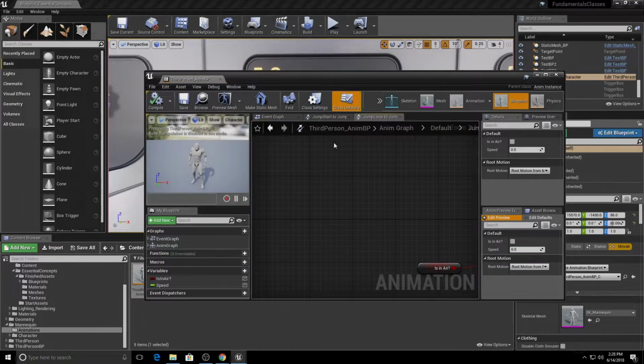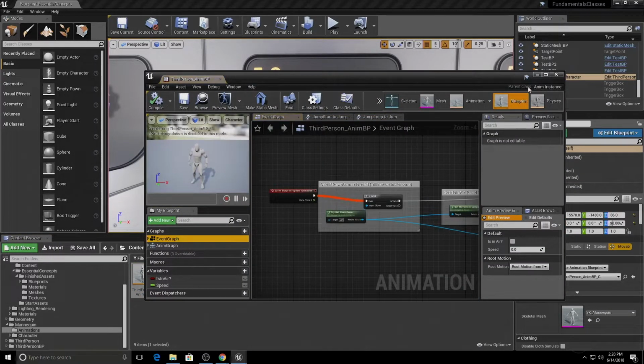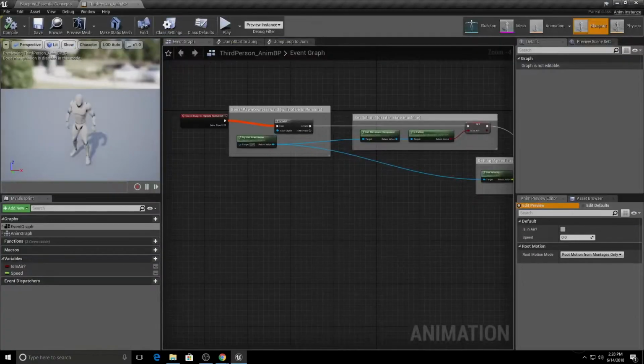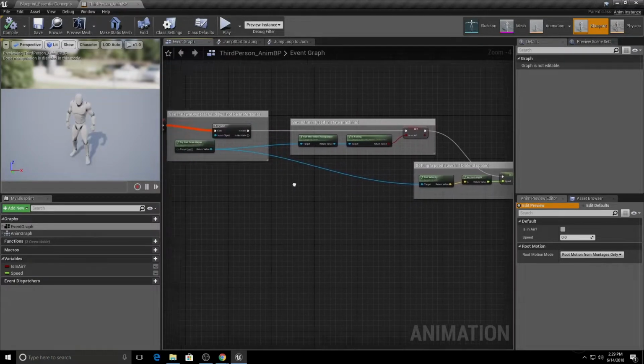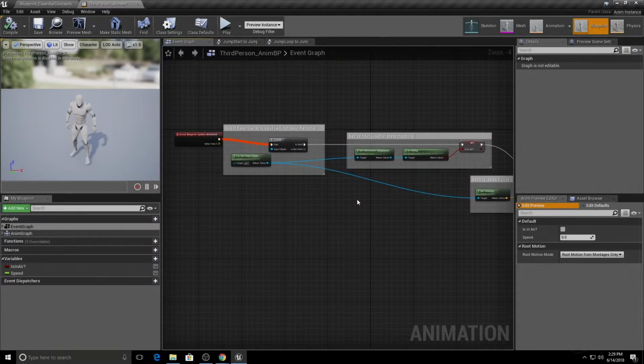Let's go ahead and make sure that we are on the event graph, and let's maximize this so we can see it as well. It's a little bit different. This particular asset is used in the aid of creating animation logic for characters, whether you're controlling them or not. You could do that inside of an animation blueprint. The event graph of an animation blueprint is used to define the moment-to-moment variables, things that can change while your application is running,